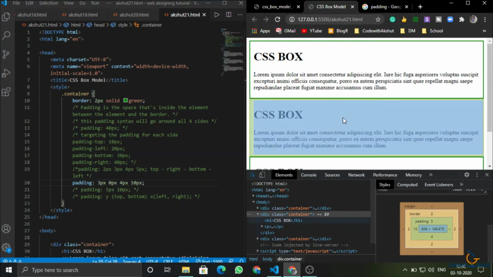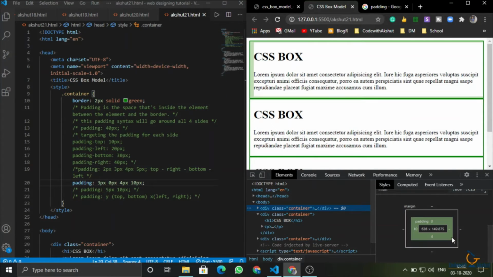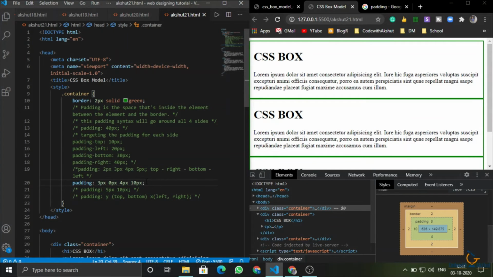You would see here there is 0 pixel. 3 at the top, dash at the right, it means 0, none. 4 at the bottom and 10 at the left. So this was our padding. I hope you have understood padding now.